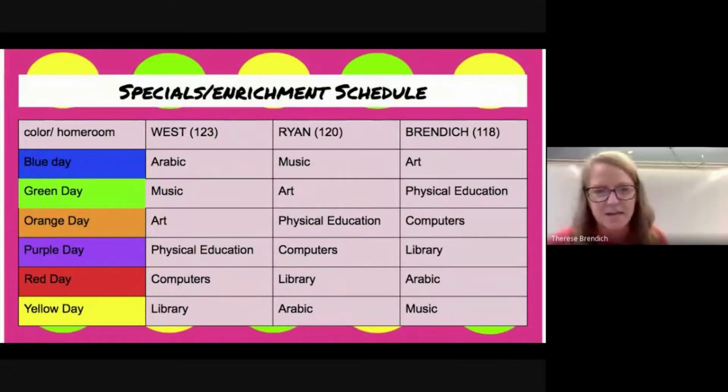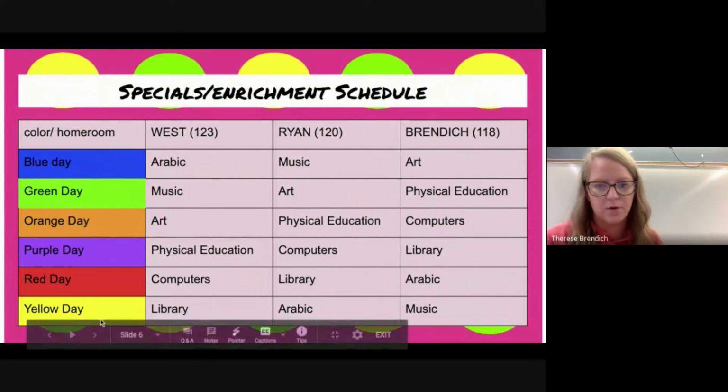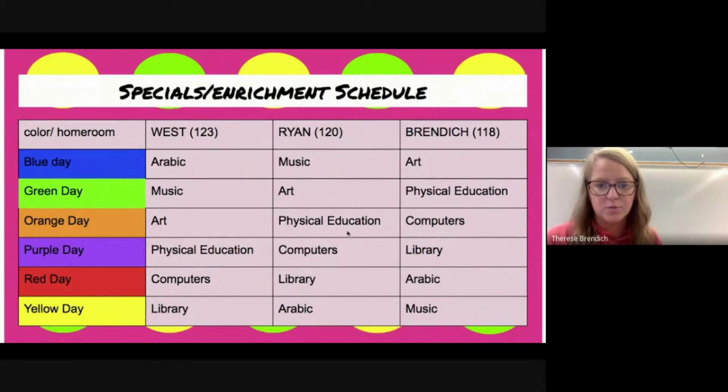And then here is our specials schedule for the year. You'll go towards your homeroom, whichever homeroom you're in, and we will let you know what day it is on the first day of school, and we'll just go in order. So at 9:30 every morning, you'll go to which color it is, and you'll find which classroom you should be in on Google Classroom. And we can do that for the whole time that we're at home.